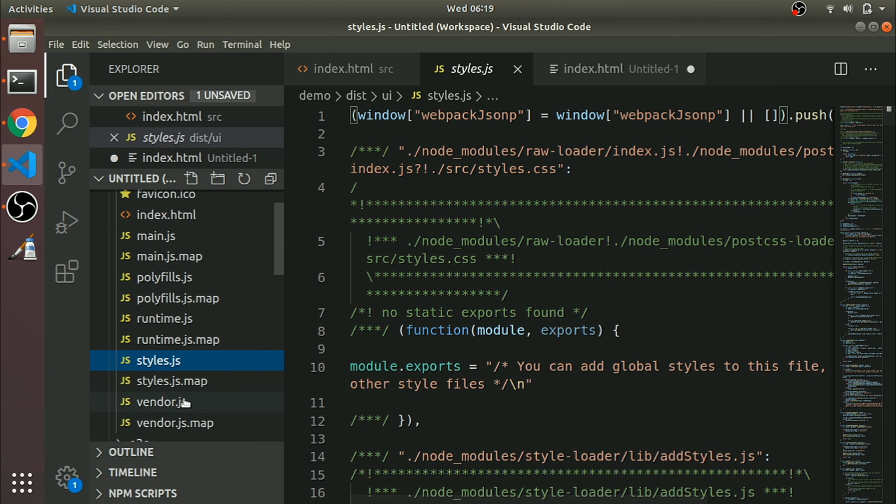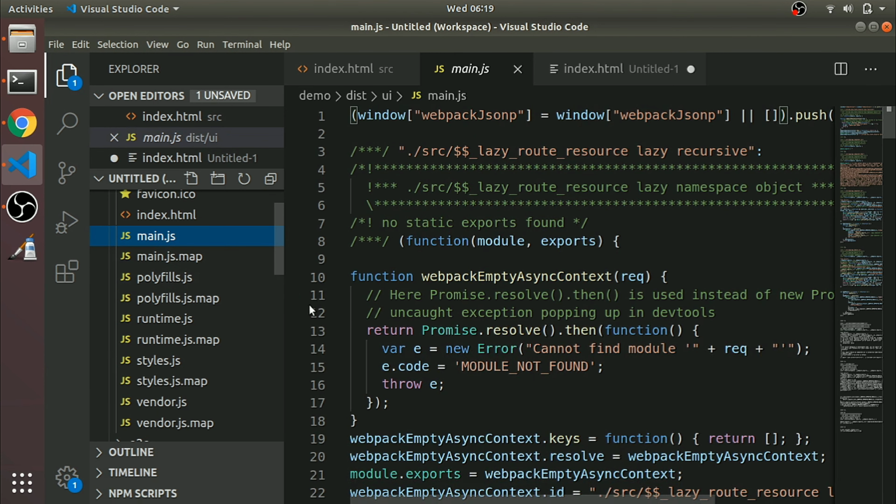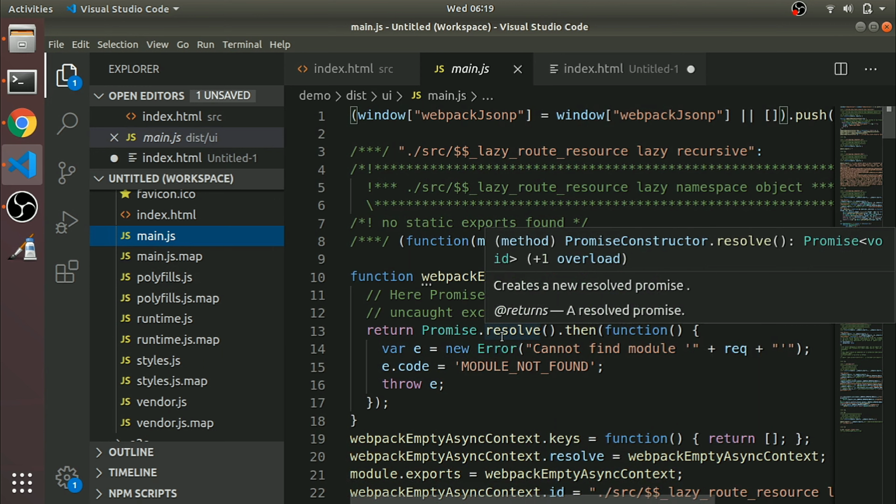Then vendor.js contains the scripts from the Angular core library and any other third-party libraries. Then main.js, all our application code inside the app folder will be bundled into one big file, main.js. These files are added by the Webpack module loader.